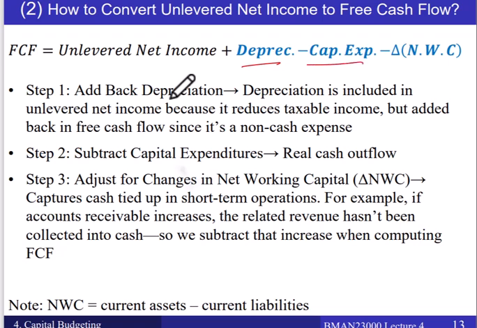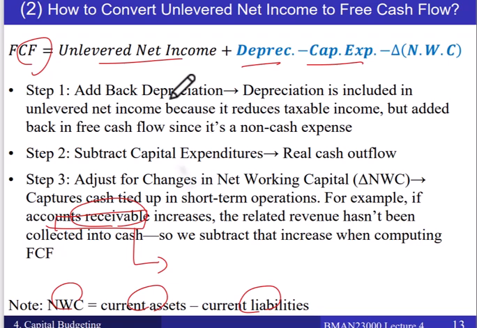And then I explained why we have to reflect changes in net working capital. Net working capital is current assets minus current liabilities. I explained using this example, the increase in accounts receivable. An increase in accounts receivable means you sold your new goods on credit. So even though this was accounted for when you compute accounting profit, this is not cash revenue. When you compute free cash flow from unlevered net income, you need to subtract non-cash revenue. The increase in AR is the same as the non-cash revenue you included to compute unlevered net income, so we need to